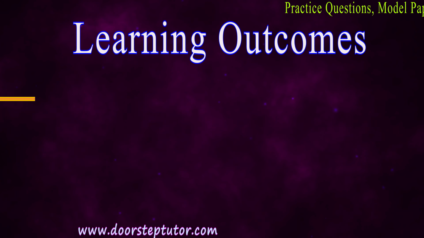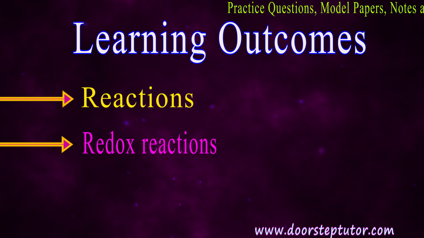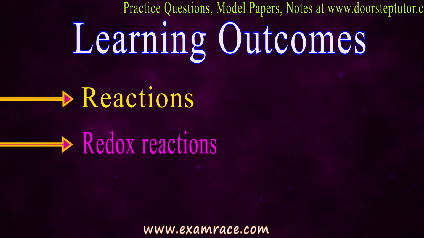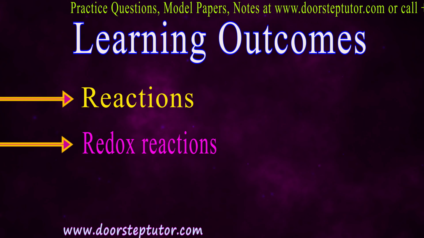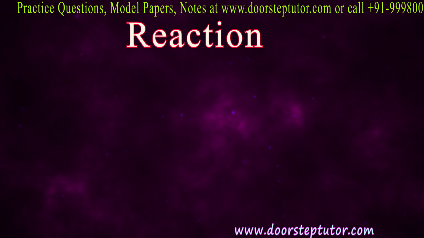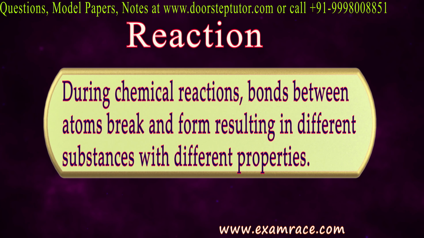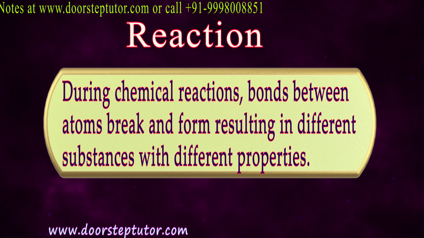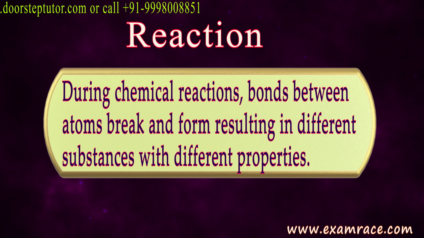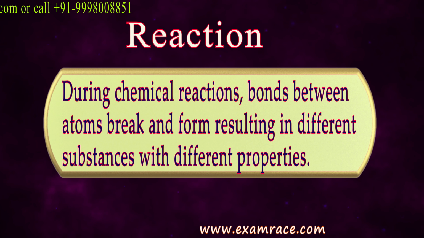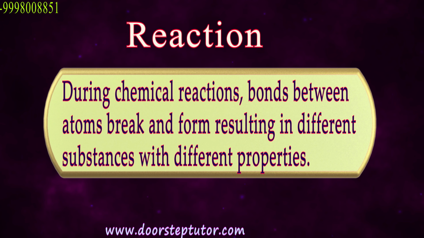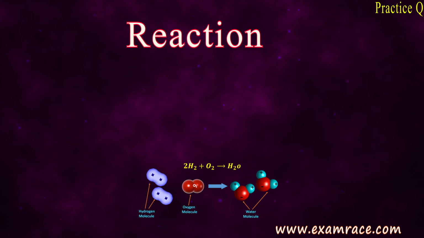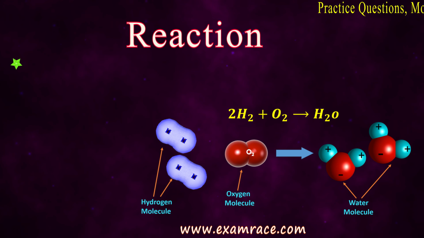Today we are going to study about chemical reactions and redox reactions. Redox reaction is also one of the chemical reactions, but we are going to study it in detail. So let's talk about chemical reactions first. So during a chemical reaction, what happens? The bond between atoms gets broken down and then it forms a different kind of product. Now the product which we have gained has different properties from the atoms or molecules which we have used as the reactant. Now let's take an example of a chemical reaction.